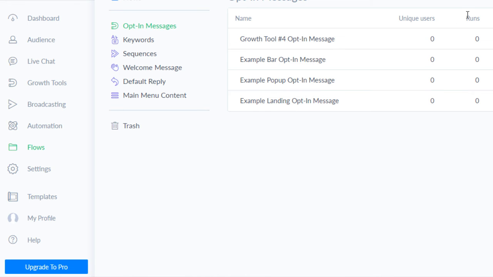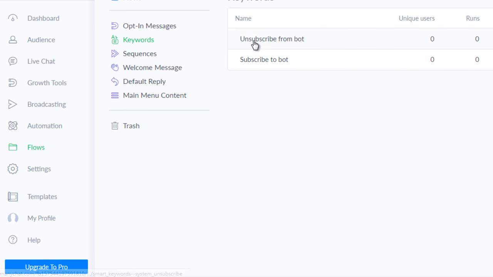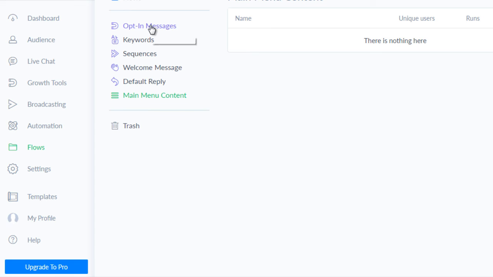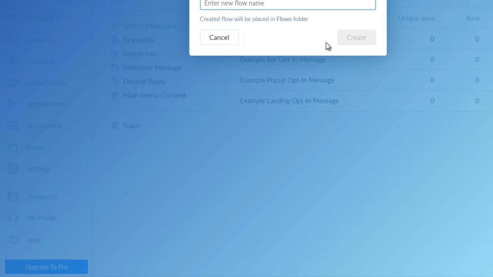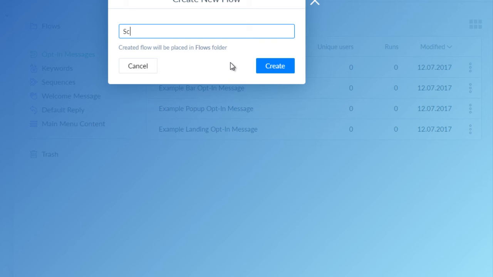You can start from scratch. You can click new flow here, or you can use a template. As you can see here, we have opt-in messages, great for getting access to people's email addresses. And we've got keywords, unsubscribe, subscribe, sequences, welcome messages, replies, and main menu content. So with these flows, you can choose one and then you can edit it. Or you can click new flow, and we'll just call this scuba test. We'll click create,